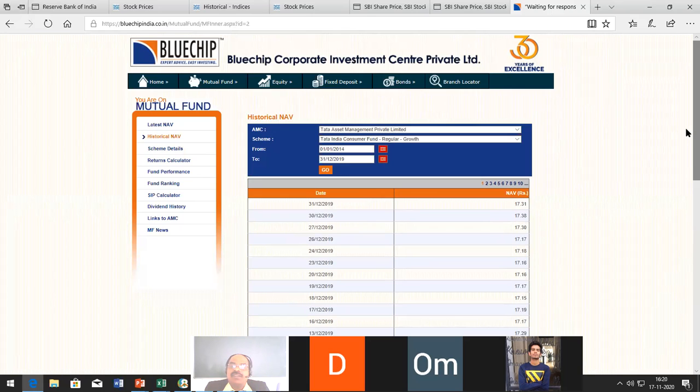Here, Tata Asset Management Private Limited is there. The same thing you can gather from the BSE. From BSE you can gather the returns from the index and mutual funds. You can put both in an Excel sheet. Then, as I told you, you can go for data analysis, regression. If you click, it will prepare the regression output. Under that, the coefficient is the beta value. That's all.